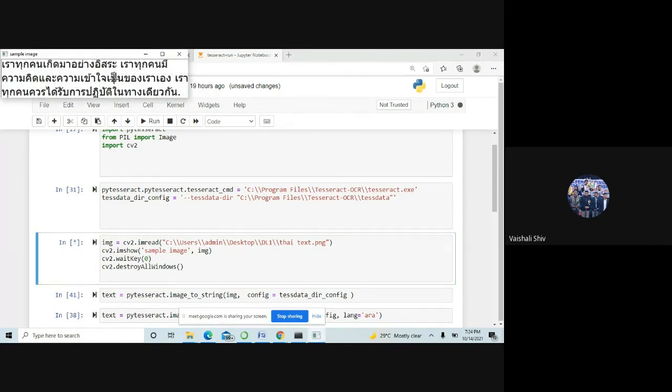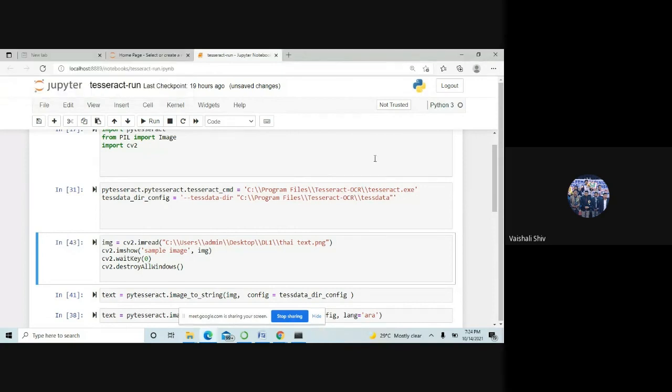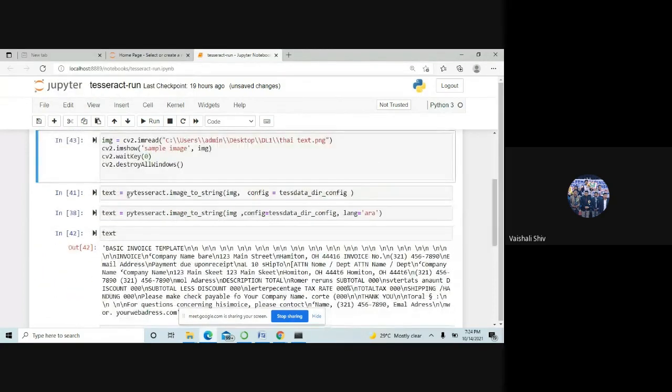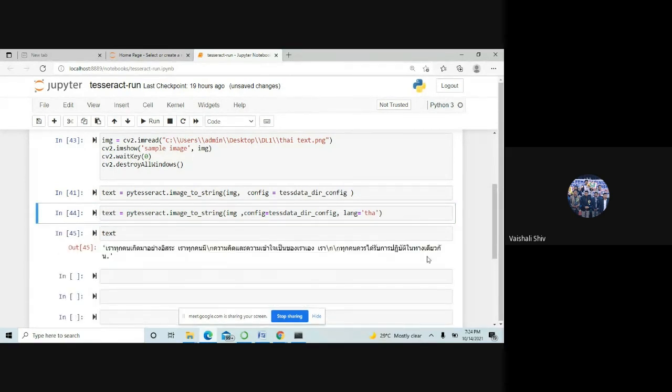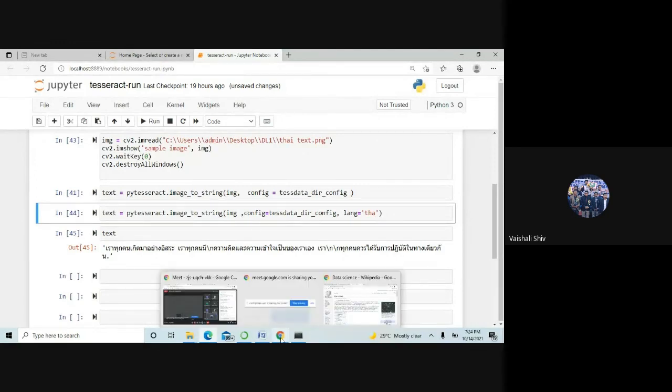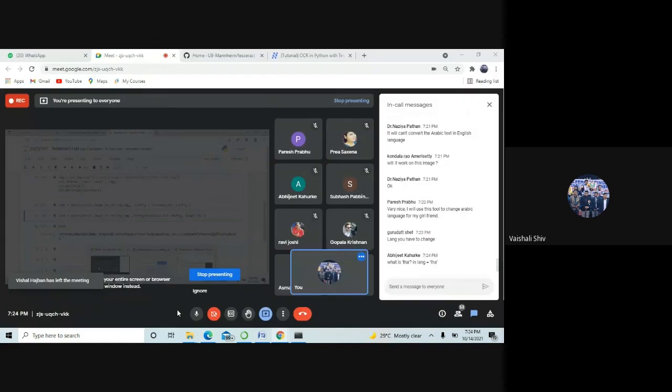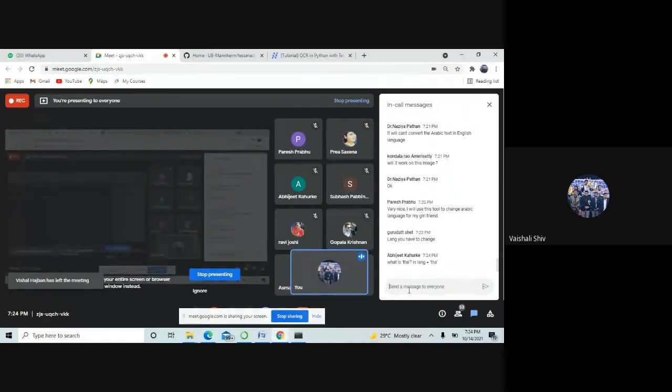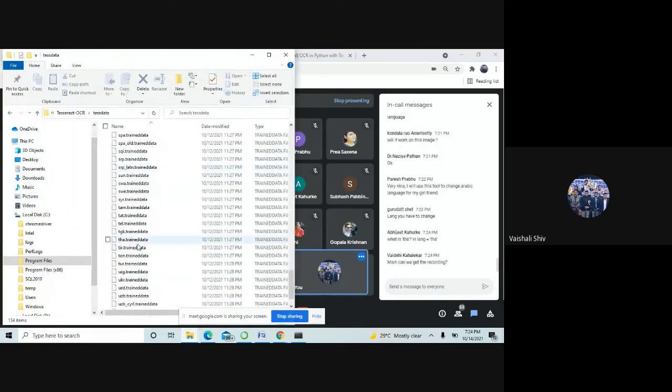Okay, so this is the Thai text, and you have to press enter, and here we will run line 38, and here we will change to THA, because the language is Thai. Running, and you can see. It is the short form, Abhijit.